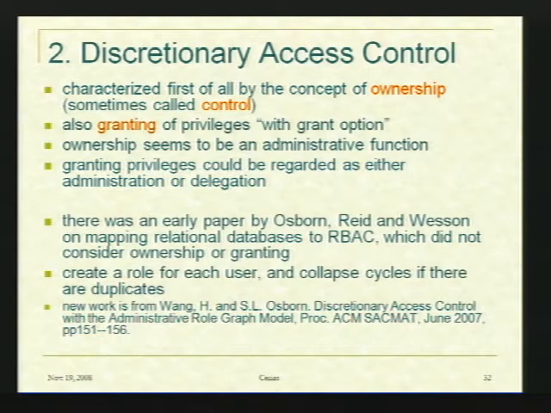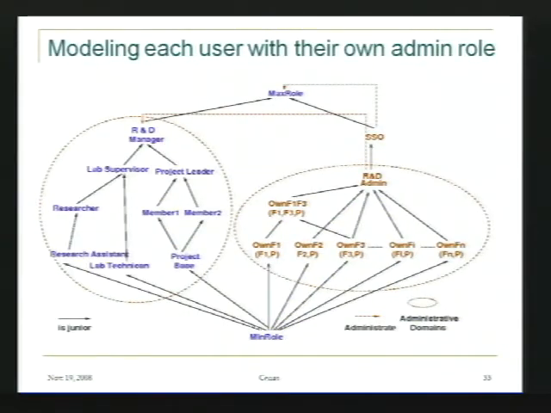So I had an older paper where we took a relational database with traditional permissions done with grant and revoke statements, a pre-RBAC relational database. And what we did was create a role for each user with all the permissions that had been granted to them, collapse cycles if they're duplicates, and that was the role graph. Okay. Now, it didn't deal with ownership and it didn't deal with granting. And so partly it was to go back and figure out how to deal with it with this new model,